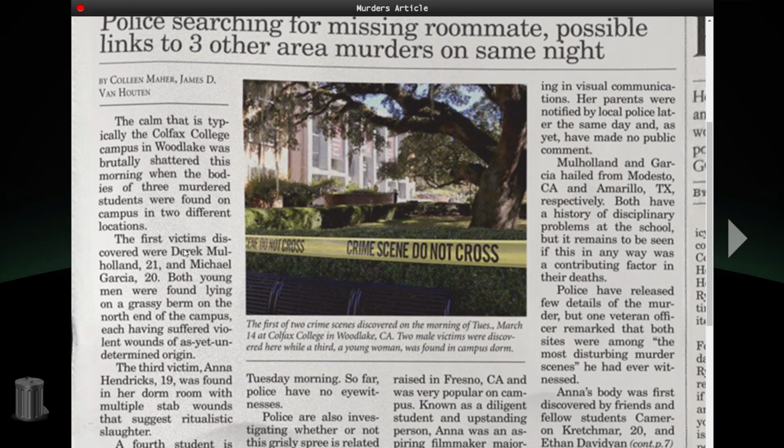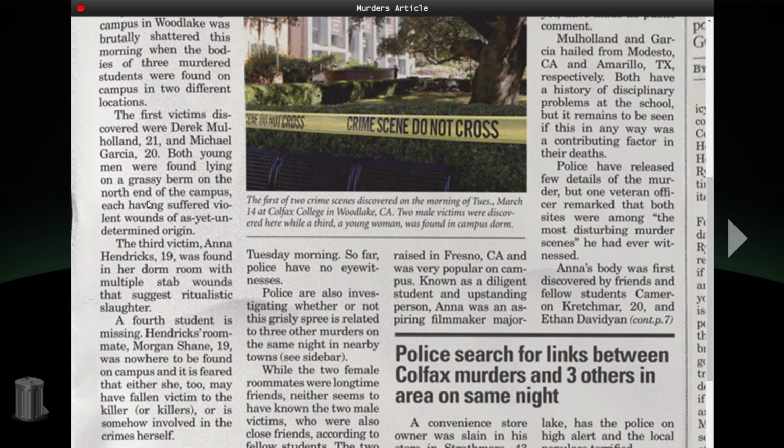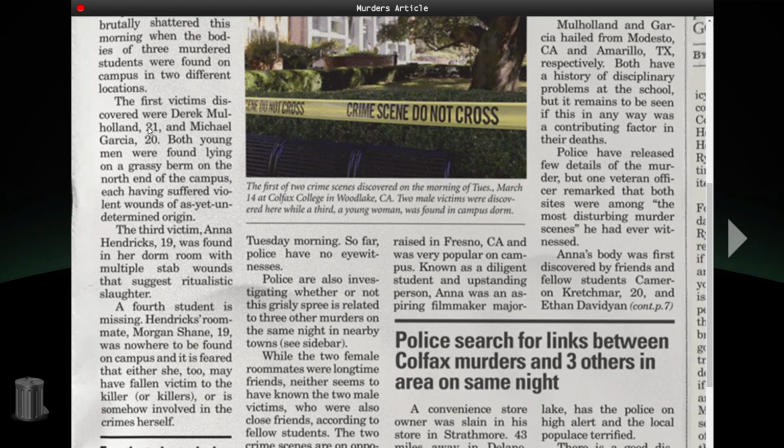Okay. Well, let's just give it a quick read here. The calm that is typically the Colfax College campus in Woodlake was brutally shattered this morning when the bodies of three murdered students were found on campus in two different locations. The first victims discovered